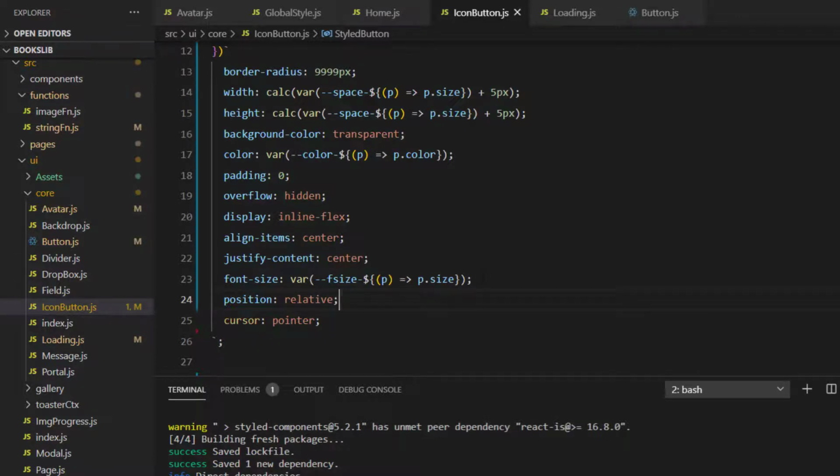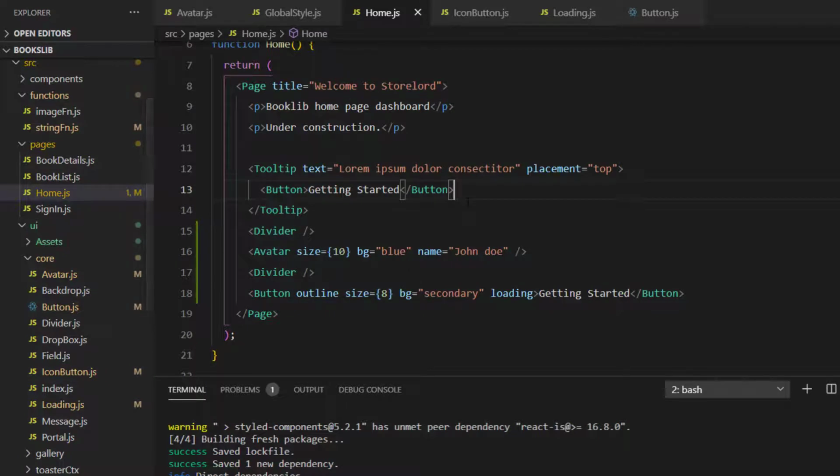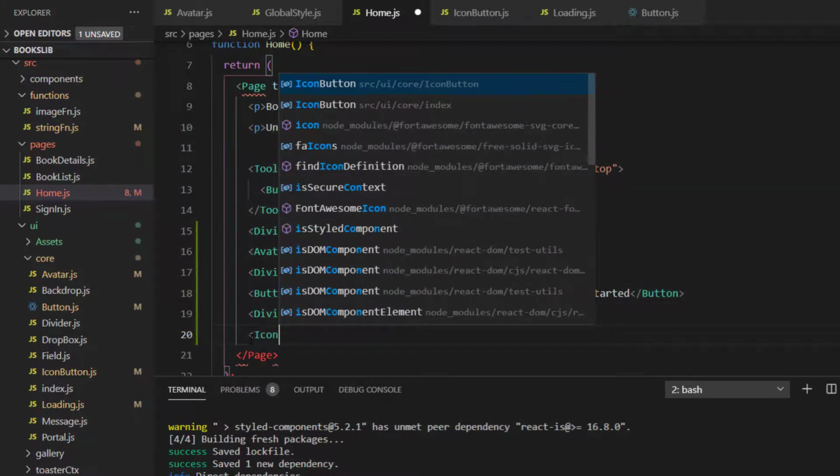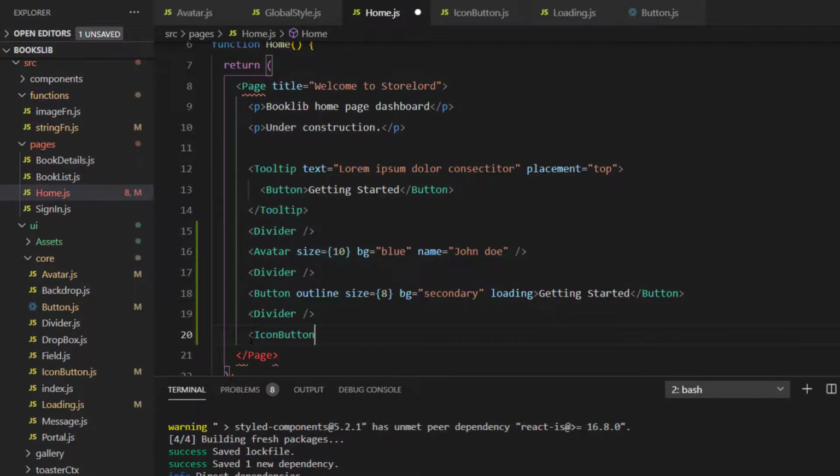All right, so let's give it a try now with the style we have added to see how it looks. So back in my home.js component, now I'll add the icon button. Now for this icon, I will keep the default size for now,